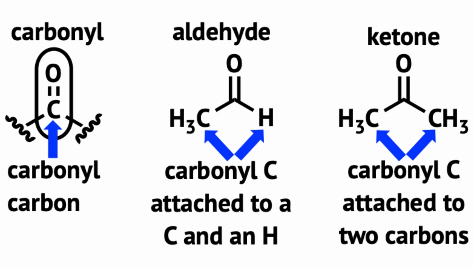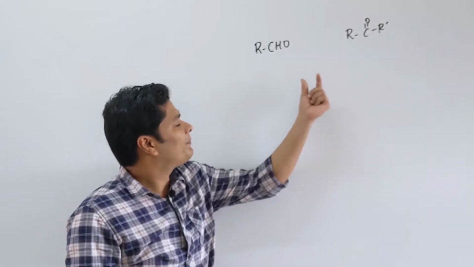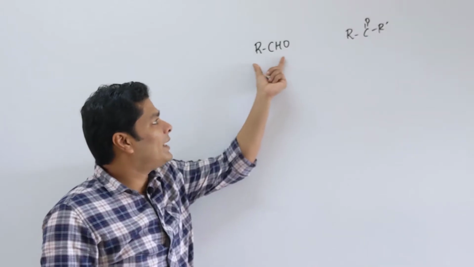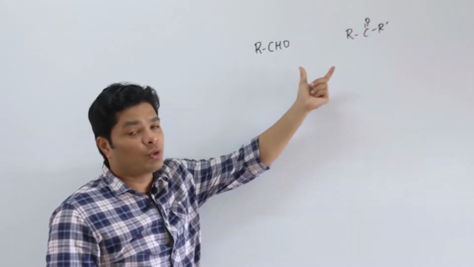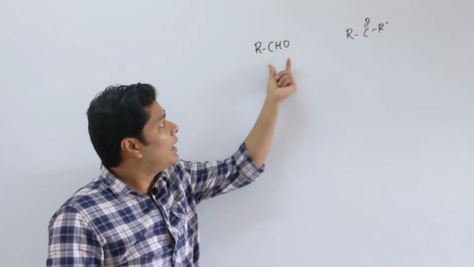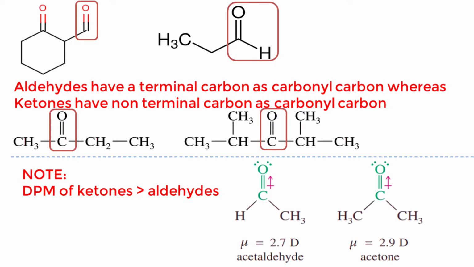When you look at aldehydes and ketones, they are actually derivatives of alkanes. You get them by replacing 2 hydrogens in an alkane by 1 double bonded O. So basically you can show an aldehyde as RCHO, a ketone as RC double bond O, R prime. This tells you a couple of things. There is only one R group in an aldehyde, whereas there are 2 R groups, which could be the same or different, in a ketone. An aldehyde functional group is a terminal functional group.